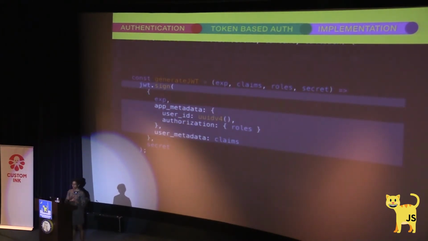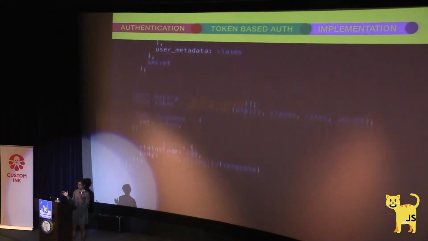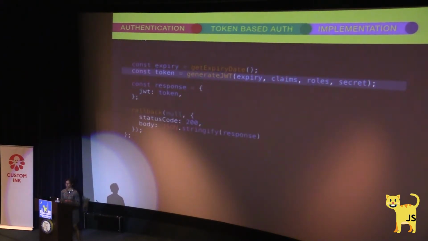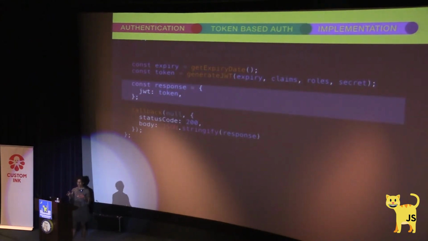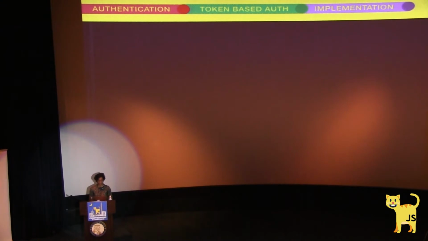So I'm passing in the roles. I'm passing in a user ID and various other things, which is claims. And then I'm passing in a secret, which is, again, proprietary to whatever. And then I can call that with the specific thing. And then in my response, I can pass that token. So you can do it however you like. In this case, because it's a function endpoint, I'm just giving my client the token that it requests with the information. So it's in the body, super cool.